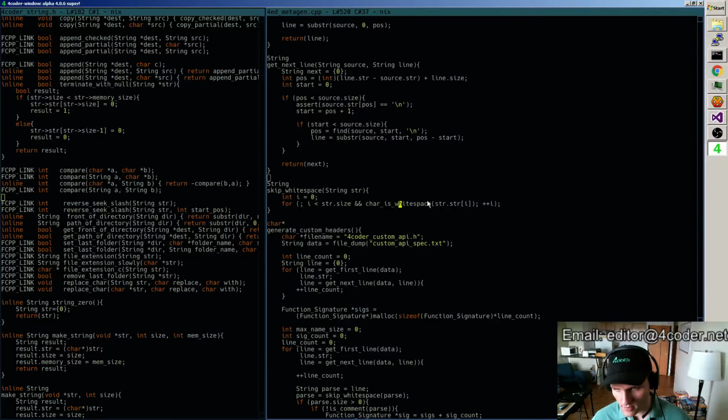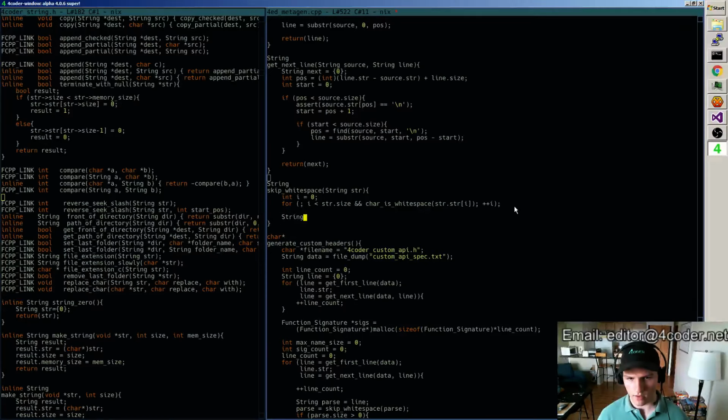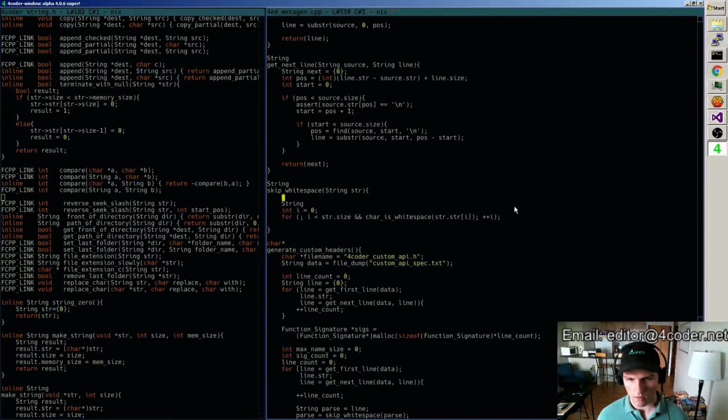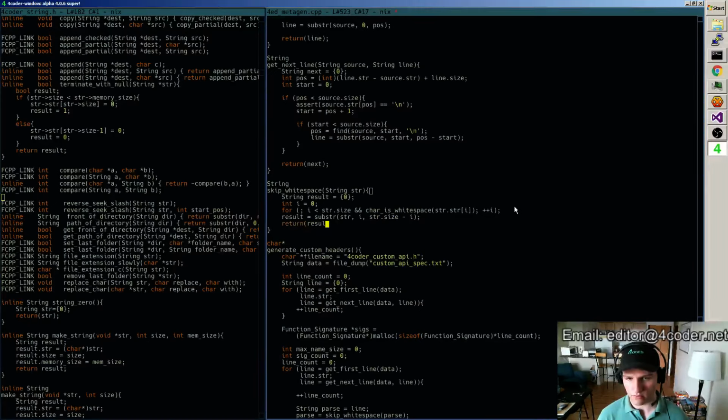If it's white space, then continue, increase I, and then check again. Increase I and check again. Right. And then finally, string result equals a substring of string starting at I and going to string size minus I. Return result.